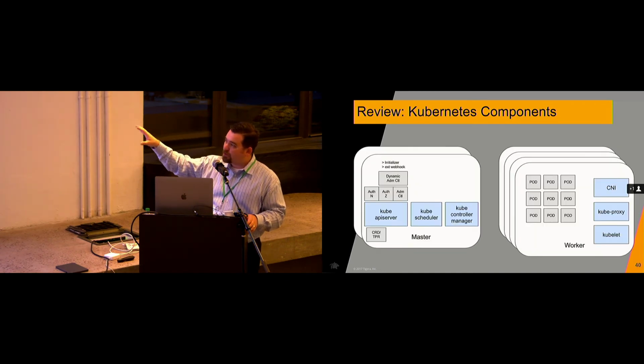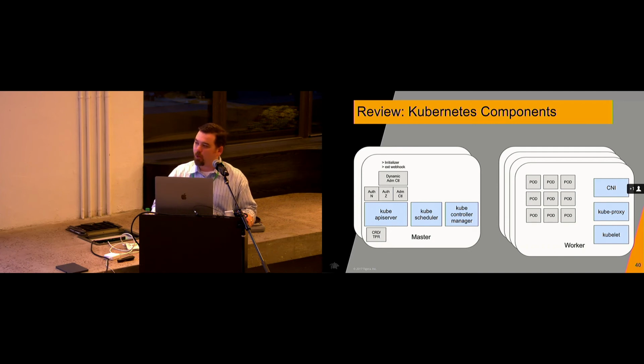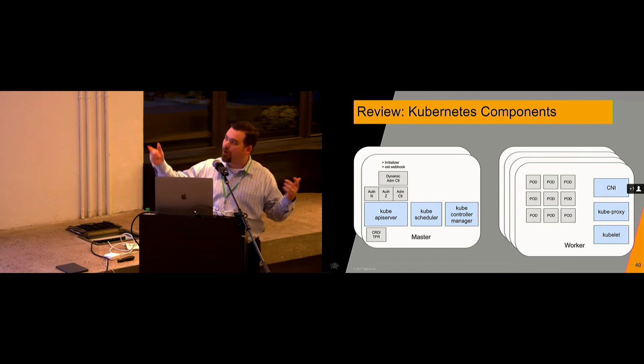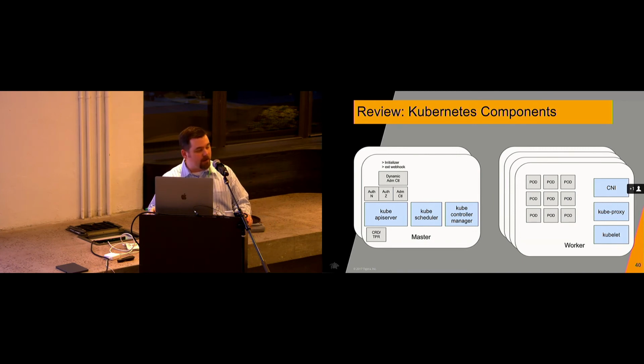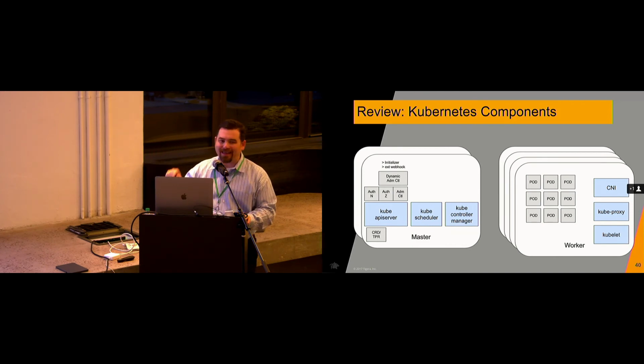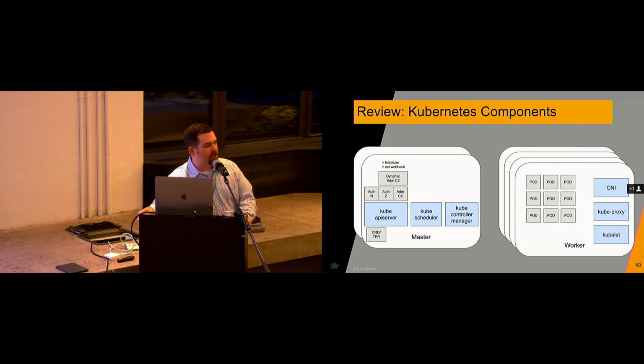In each of those, if you look over at the master side, there are various control plane components that I've listed, such as the API server and the schedulers and the controller managers. One thing I wanted to point out is this whole idea of the admission controller, because that's going to become very important soon in Istio in the next release. Since Kubernetes is so API driven, meaning that there are no back channels between any of the components that are coordinating with each other, everything goes through the API server. So all the watching and all the declaration changes of state, they all go through the API server.